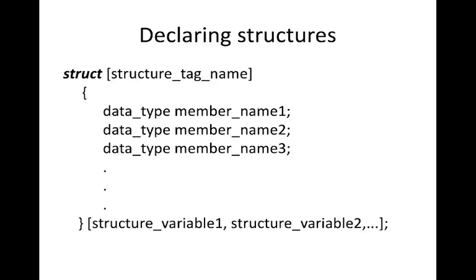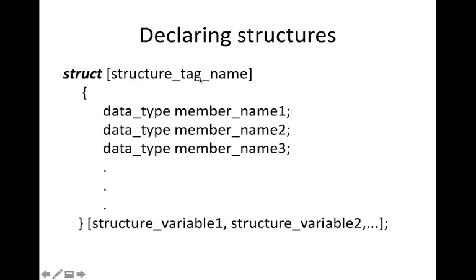Then how to declare a structure. This is the general format of a structure. We will use the keyword struct, and this is the name that will be given. The name is optional. We have three methods to declare structures, and in some methods we will use a name also. Struct is the keyword that will be used, and this is mandatory.